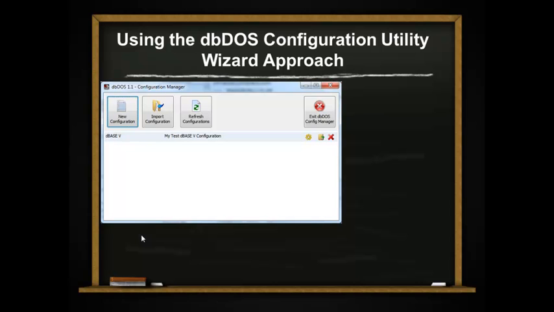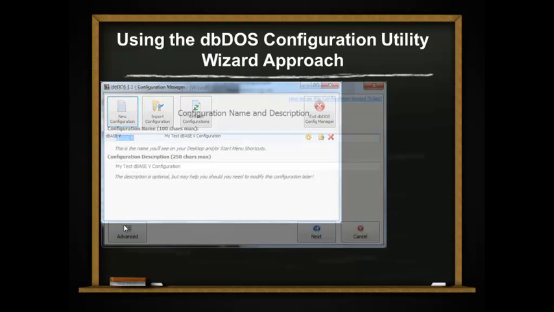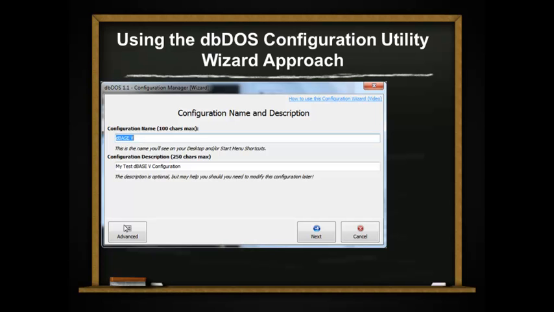Now, we've made massive changes from 1.0 to 1.1 in the configuration program. The first thing we allow you to do now is to create new configurations. You can import or share configurations, and you can also go ahead and exit out of here. This interface allows you to see which configurations you've already created, and you can edit them or change their options at any time. Once you say new configuration, you're going to basically be given an option to name your configuration